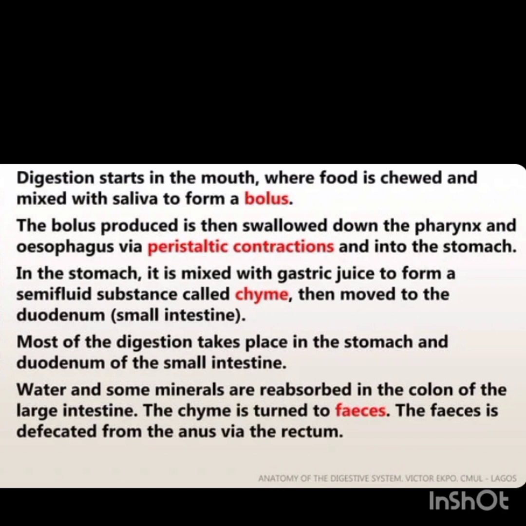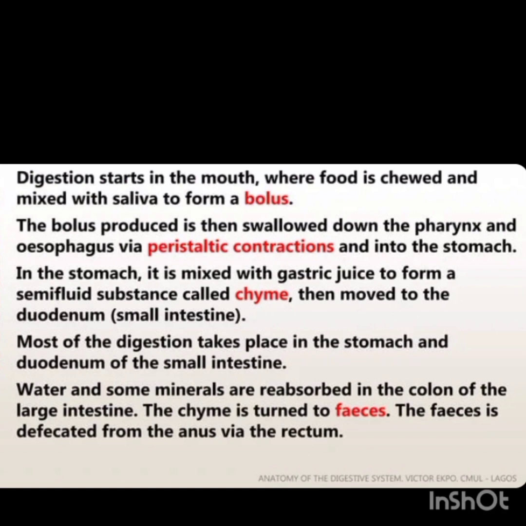After the stomach, the part is called the duodenum, which is C-curve shaped, and most of the digestion takes place in the stomach and duodenum of the small intestine. So about 80% of the digestion takes place in the stomach as well as in the duodenum. My dear students, 80% of the minerals and micronutrients will be absorbed in the small intestine into the bloodstream. Then some of the water or minerals are absorbed in the large intestine,